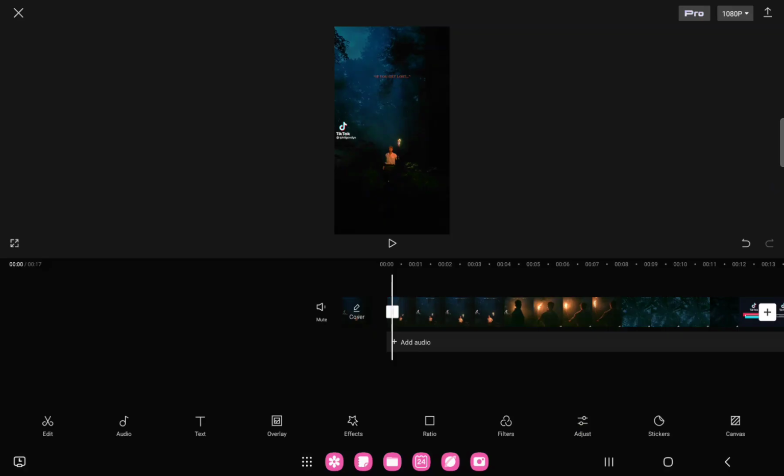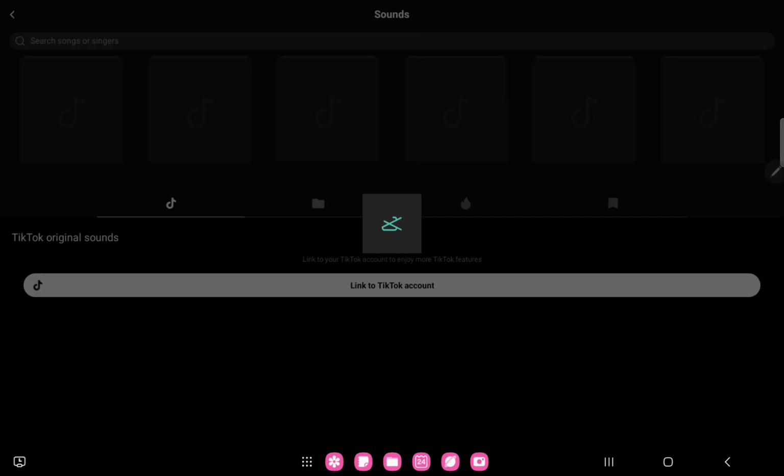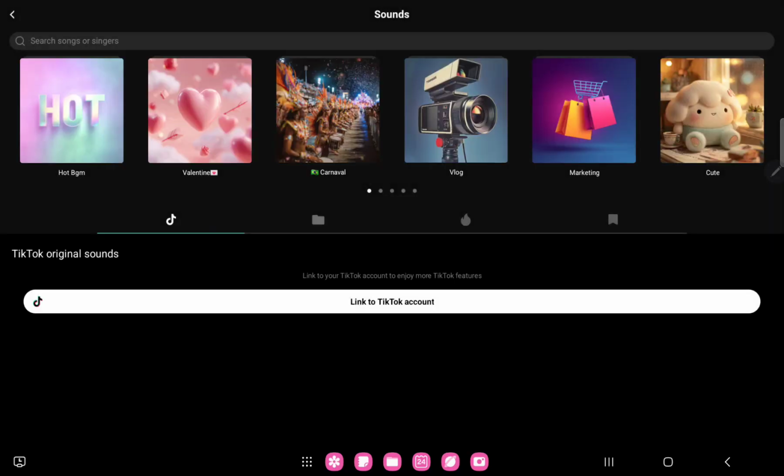application. First of all, open the app on your device and just open a new project. If you want to add different sounds to your video, go to the lower bar and you can find the second option, the audio, at the lower left corner of the screen. Here you can find the first option, the sounds. Tap that and you can find different